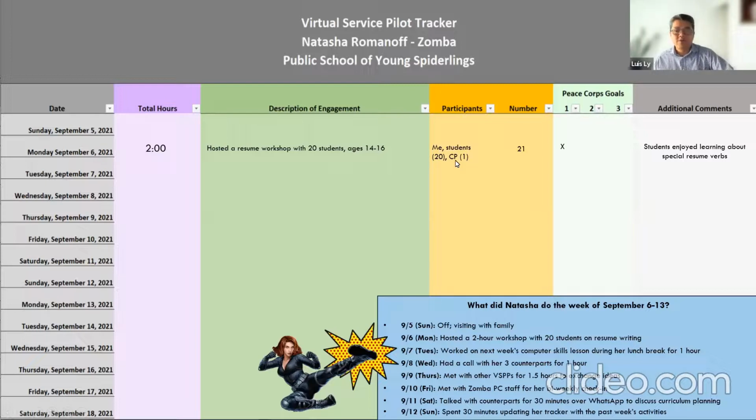Although she said 20 students, if a counterpart was present, they are counted as a participant as well, and you do not include Natasha herself, so you don't count yourself in the number of participants. So it's 21 as a number. This is Peace Corps Goal 1, sustainable development. And then you have additional comments here. It's important that you put in some additional comments